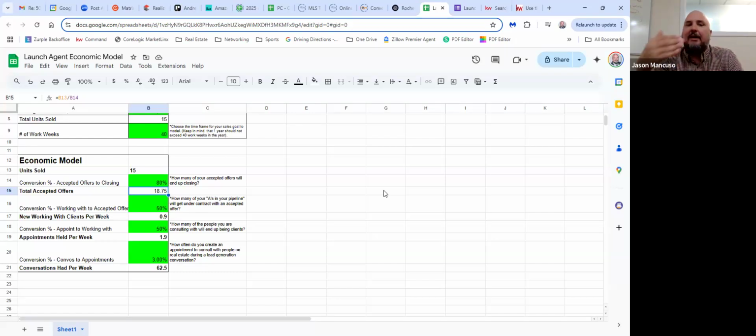What's the conversion rate for that category? As a newer agent, I'm going to go lower and more conservative than I would with somebody that's been years in the business and running the business in a tight manner. So here I'm going to say 50%. 50% of the time, the people that you feel are in your pipeline as an A, 50% of them will get under contract. As you improve your skill set, as you improve your overall business practice, that ratio should go